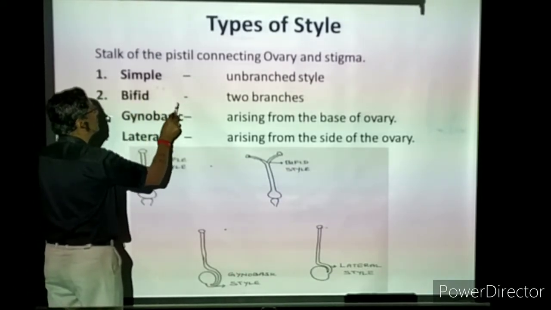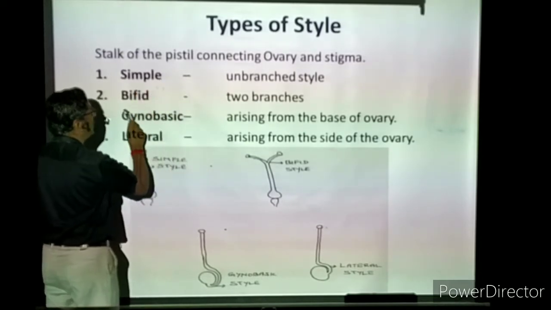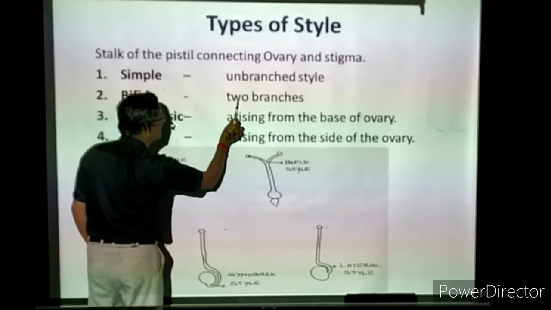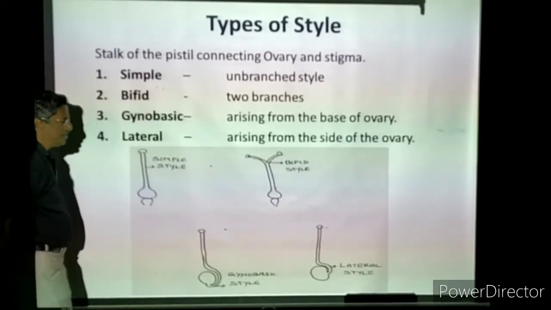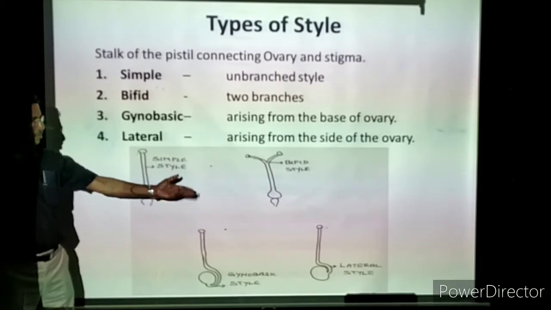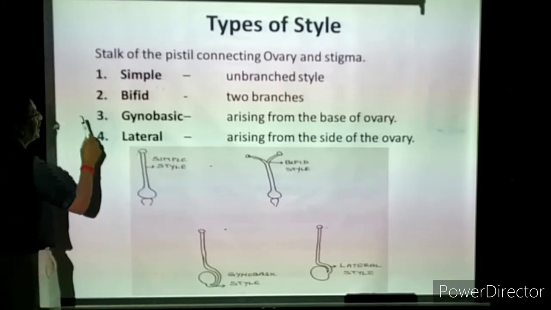Now you have to add the word simple. Style, simple style, bifid style. That means a style has 2 branches. The picture is given here. These are the pictures. It is not there in our book, but I am giving this. Then the next one is